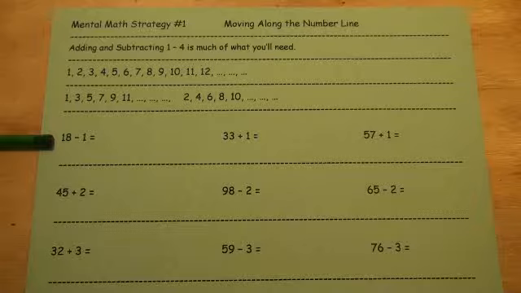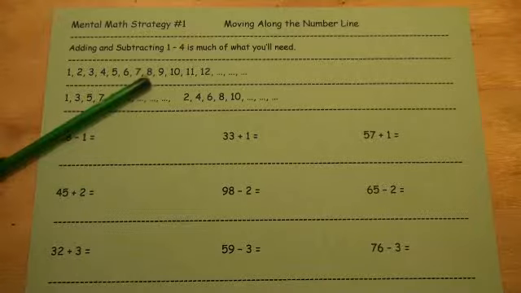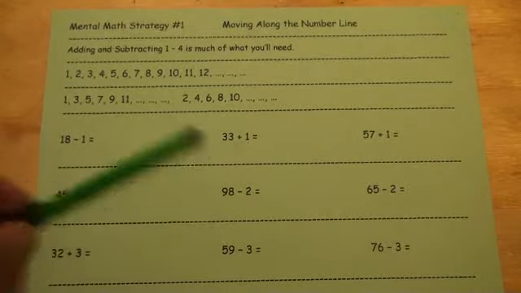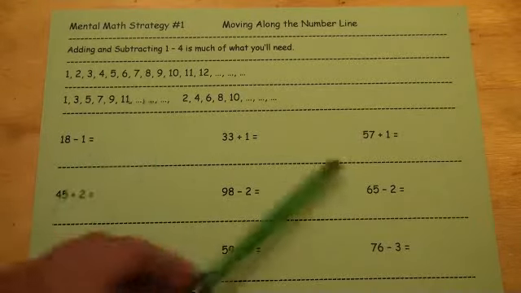Now, yes, subtraction is a distance between two numbers, but you don't want to sit and count how many numbers are between 1 and 18. What you want to do when you're adding and subtracting 1, I know it sounds simple, but you just need to move along the number line. So you're going to move back 1. So therefore, 8s go down to 7, so therefore, 17. 3s go up to 4s, 34. 7s go up to 8s,